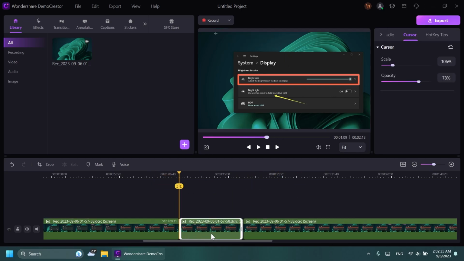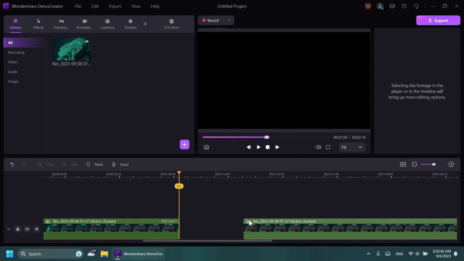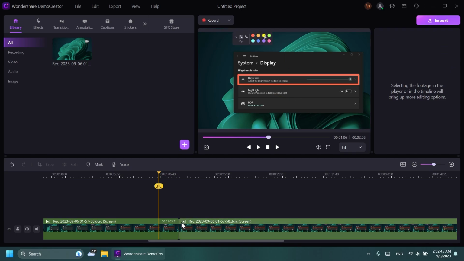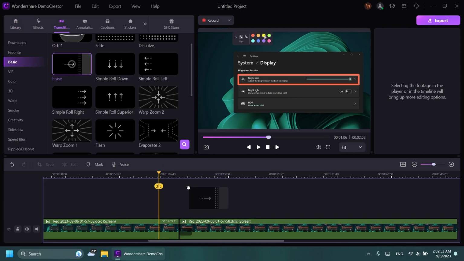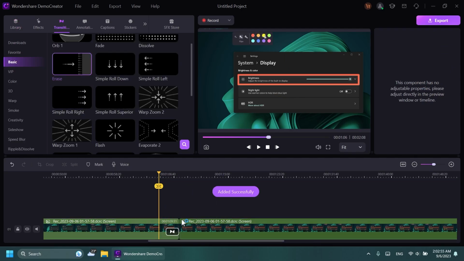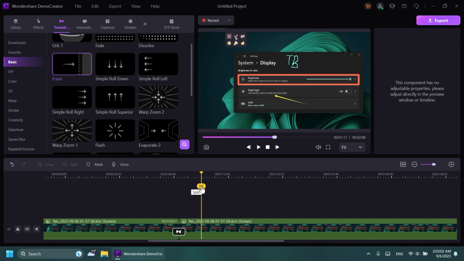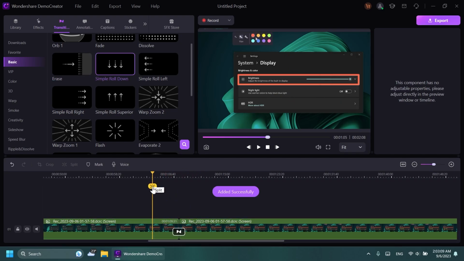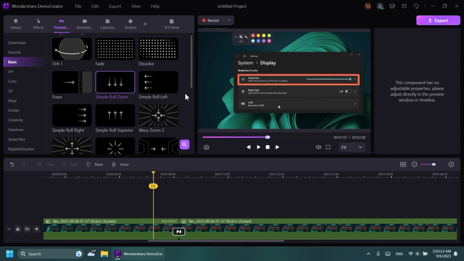Let's say we don't want this part. I'm gonna press S on my keyboard at the beginning and at the end, delete this, and then can drag this to put it in the right location. Then we can apply a transition. For example, I'm gonna be able to apply it here. If I want, it's added successfully, but I'm gonna add it right in between the videos. As you can see, the transition is playing pretty smoothly, but you also have other transitions that you can apply, for example this one, and you have a lot of variety things that you can apply to your editing very